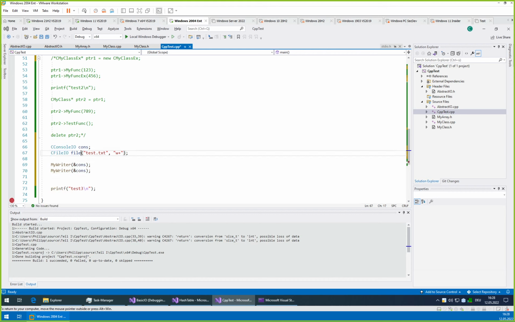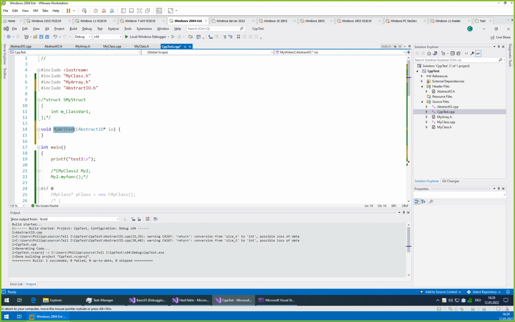Despite those both being completely different objects with completely different internal implementations, for the writer the only meaningful thing is that the IO thing has a read and write, and get size. In this case we only care for write, and we can just write some string.